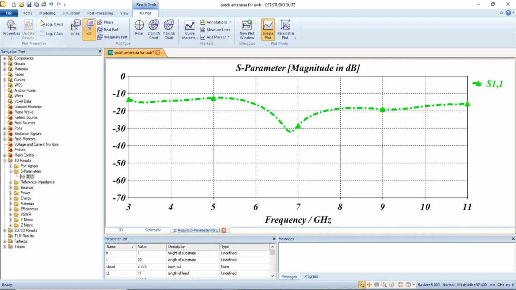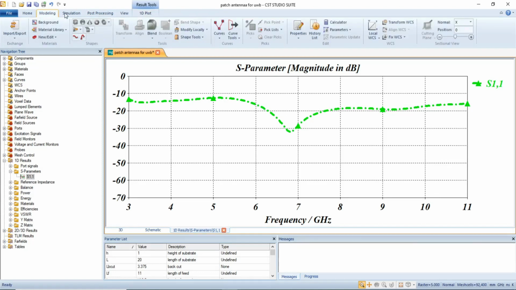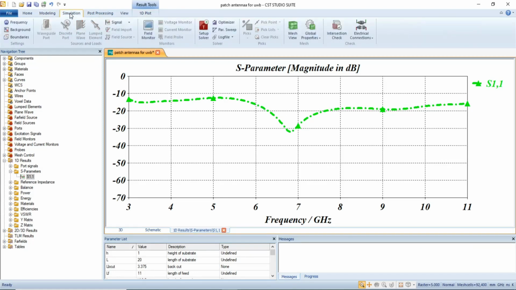Very easy, very simple. Simply make a change at frequency from this position. This is the frequency range that I selected, from 3 to 11. You can also change it. If you change the frequency, you have to simulate the whole process again. Hopefully you understand how the image looks more beautiful by simply making a very